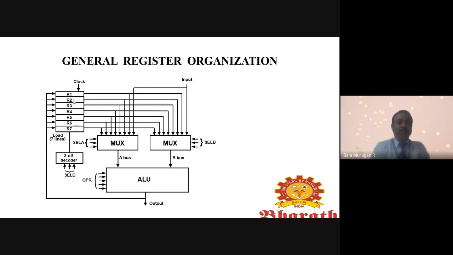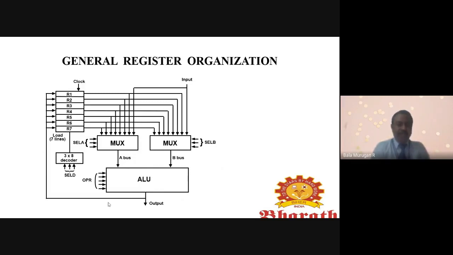So from R2 we are sending this input, that is select A, and from R3 we are sending the input, select B. After this multiplexing, it sends to the B bus and the A bus, and the arithmetic logic unit does the addition operation.